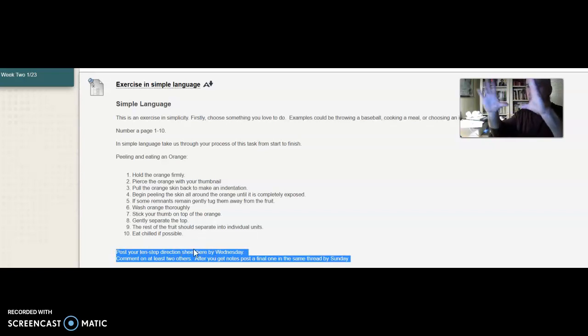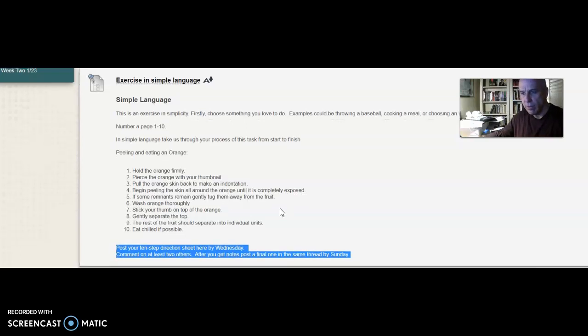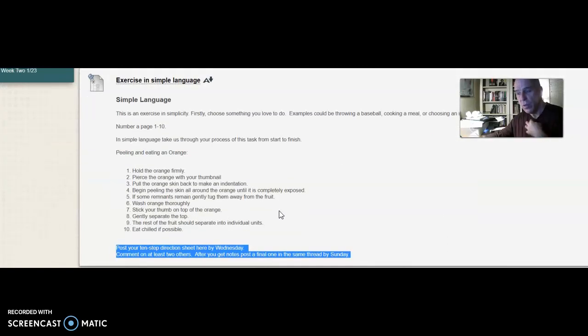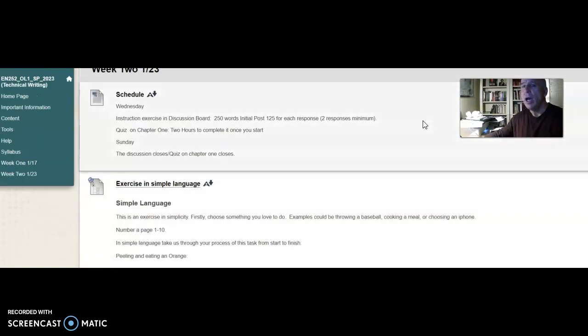So it would be like a practice draft, and then you get responses from people, then you give 2 responses, and then on Sunday you do another thread with the final, and I'll see the dates on which one, so I'll know which one was the redo. If you're perfectly happy with the other one, then that's fine too. So that's a discussion. The other is a quiz on chapter 1, which you do not see in here, but you will see in my